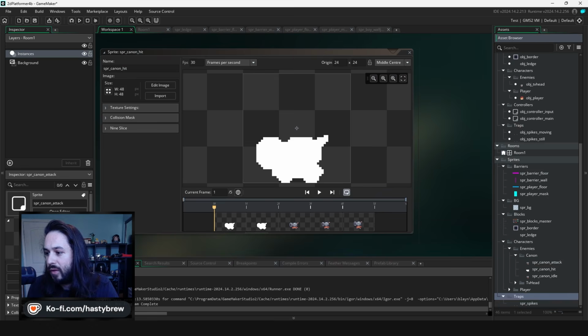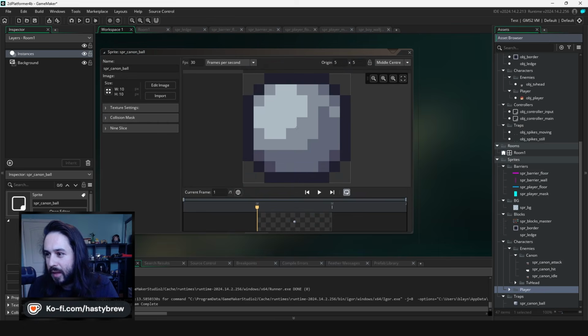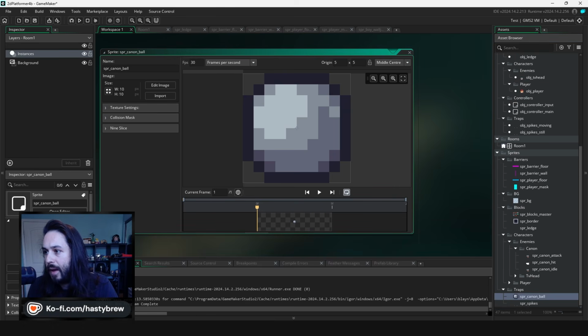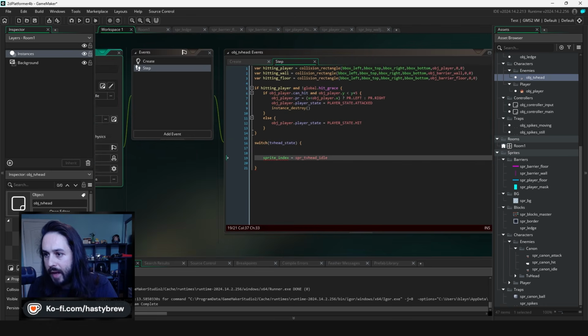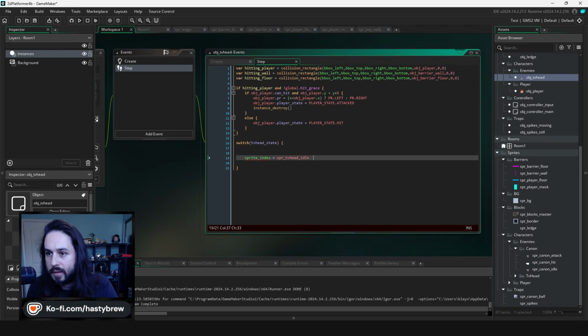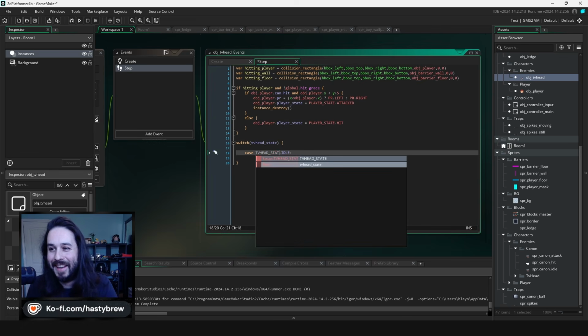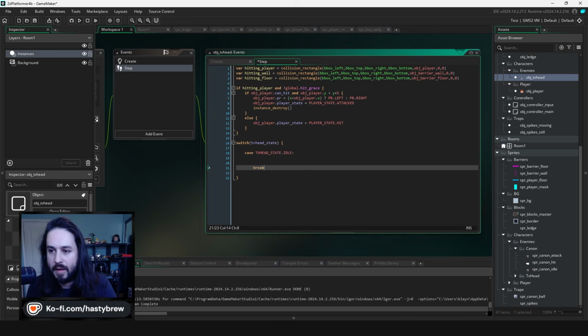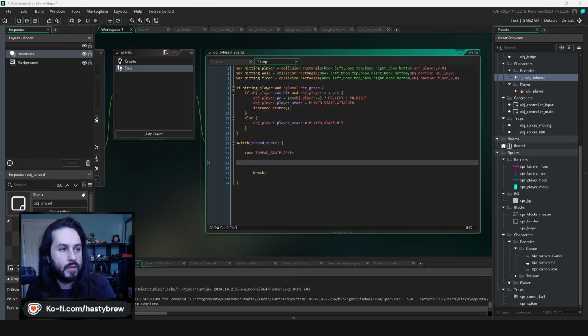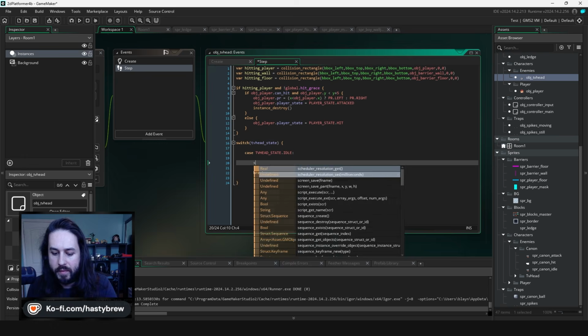And then we have one more in traps here. We have sprite spikes. We're going to drag in sprite cannonball. And I'm pretty sure that's all the sprites we'll need for this. We'll come back if need be. So yeah, back into object TV head. We have the sprite index. Oh yeah, this should be case TV head state dot idle, I think. Yeah, here we have